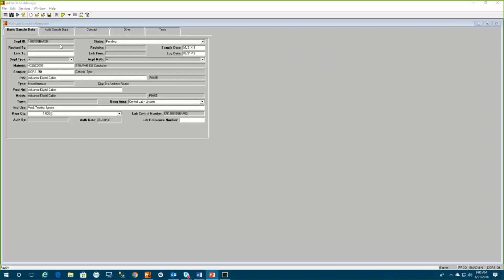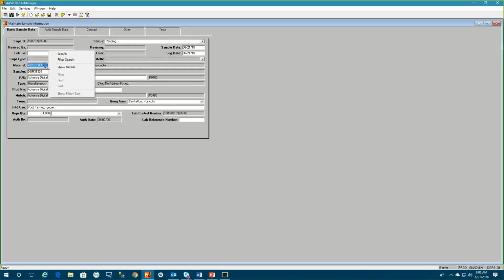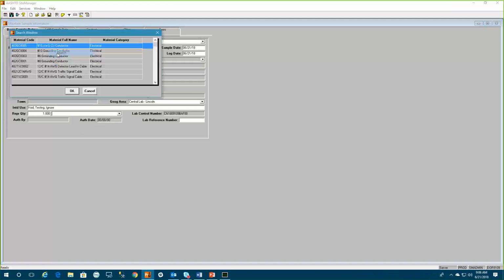So what I have here is just a basic sample record that I created earlier. And we can see we have a number of fields that allow for the option of search and filter search. So if we look at something like material, we can search that, and what we see is that I have a bunch of selections here that all meet a criteria of electrical. And so what I can do